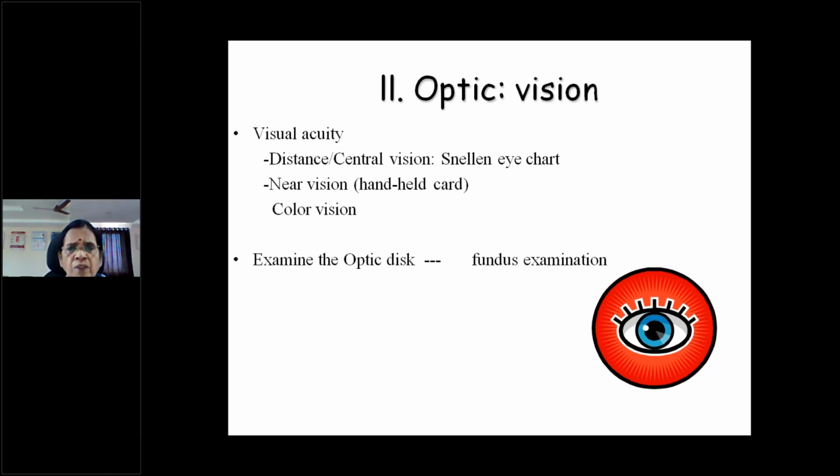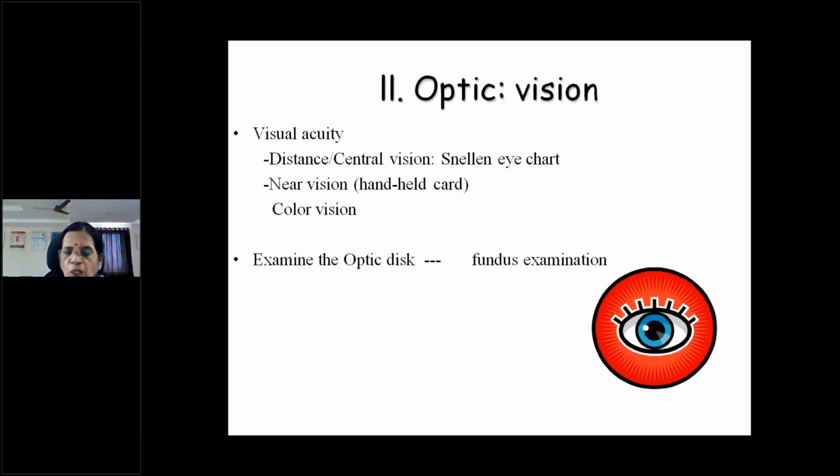Suppose the patient is not able to see at the 1 meter distance, then you just wave your finger like that. Is he able to appreciate it or not? Still, if he is not able to appreciate, then you throw the light. So you take a torch light and throw the light. If he is unable to recognize the light, that means that eye is completely blind. So visual acuity, approximately the distance at which a patient is able to finger count, that is the most important thing.